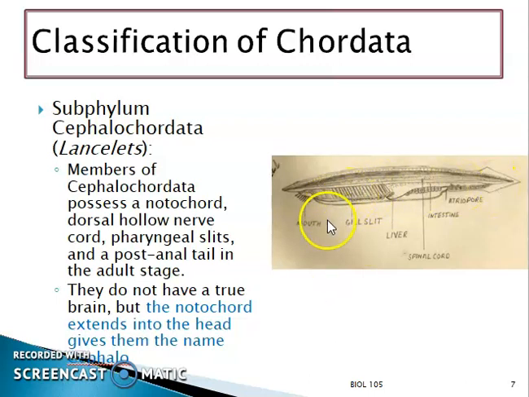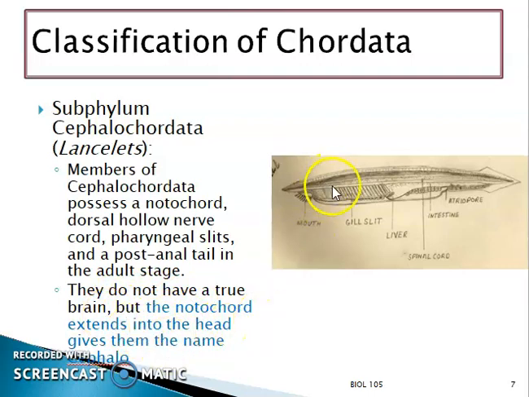This is its anatomy. You can see there is a mouth, there are gill slits. Then on the top of it, this thing which is running up is the dorsal hollow nerve cord. Then this second rod-like structure is the notochord, and then there are more features. So they have all these things. They do not have a true brain, but the notochord extends into the head,